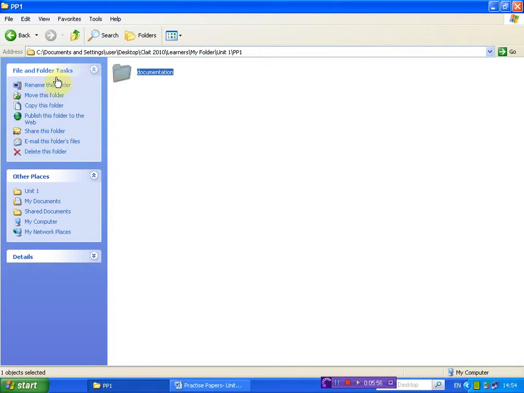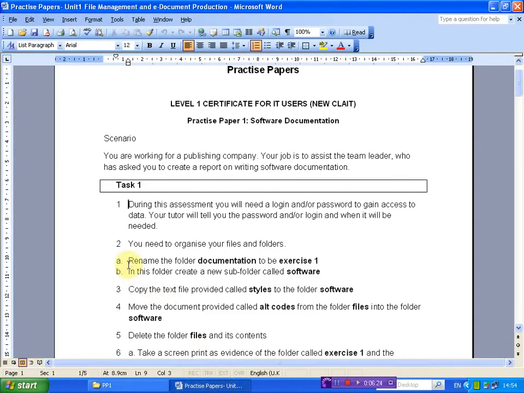The options there on the left, rename this folder. I'll click on rename this folder, and it's highlighted in blue, hence that means I can edit. If I type in exercise 1, and then I have to press enter because the cursor is still flashing. Press enter, and there you go. That has been renamed exercise 1. If I go back to practice papers, the word management file tells me question B is in this folder, create